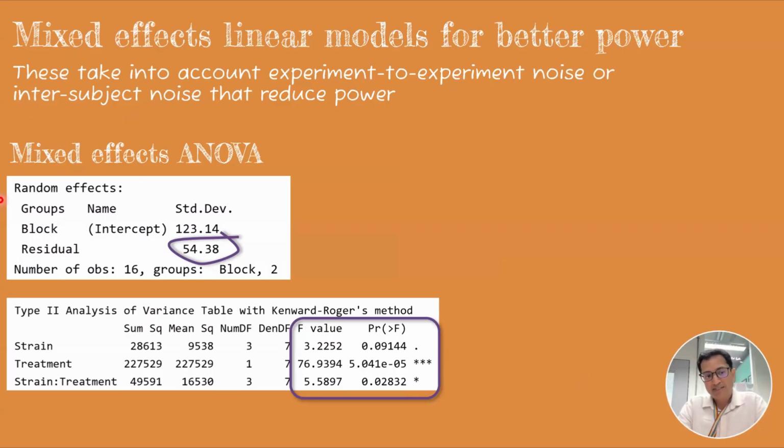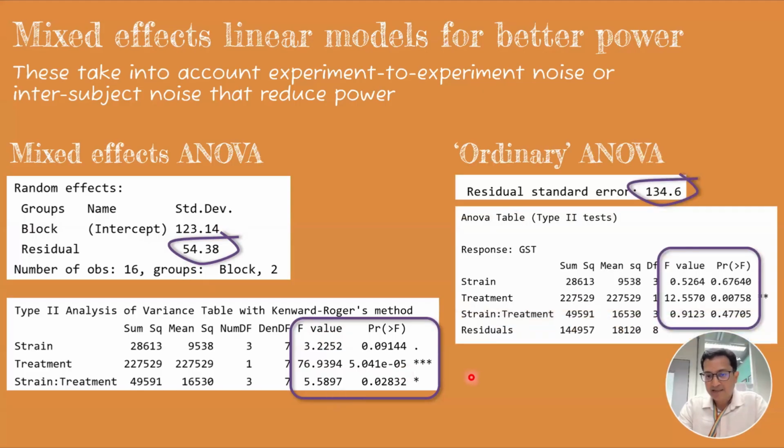So I've shown here, for example, with mixed ANOVA, this particular line here, the block represents the experimental block, and this is the deviation associated with that. It's a factor that we are not interested in, but because we have managed to find the deviation associated with that, the residual deviation is far smaller. And therefore, these signal to noise ratios are relatively large and the p-values are small.